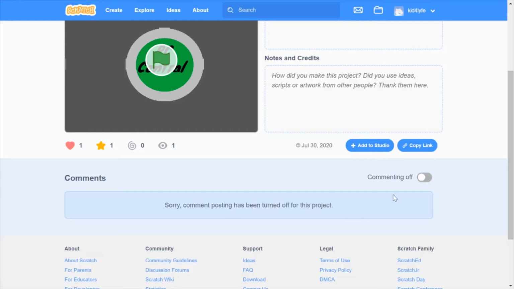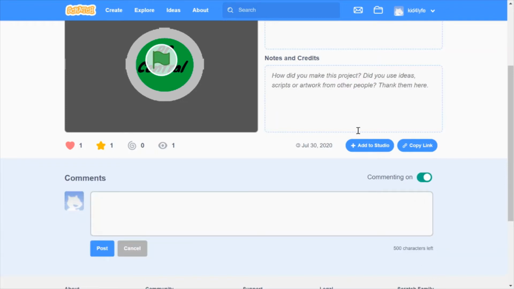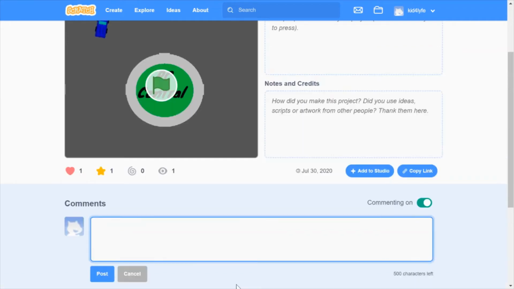No one can comment, not even you. Or you can choose to keep the commenting on. Here's a way, you can just type whatever you want. I'm just going to type what? So let's type RC Central